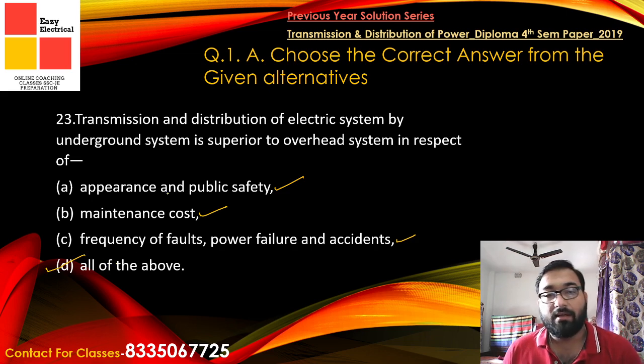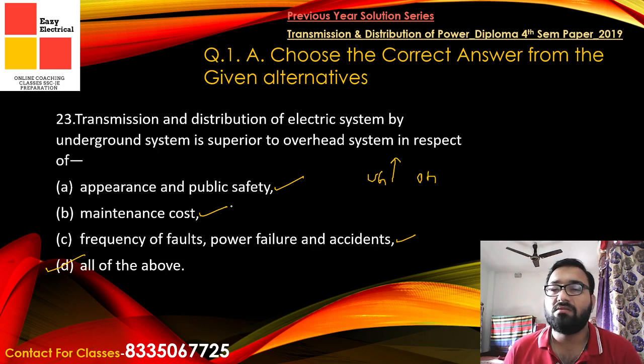So the question here is basically asking why the underground system is superior as compared to the overhead system. Because public safety is always there, maintenance cost is also low, and the frequency of occurrence of the faults is lower. Because if we place the transformers outside, that is the outdoor substation, so in case of a natural calamity, natural disasters will happen, and that will take back the effects, or the maintenance cost will increase, or the damages will be more.